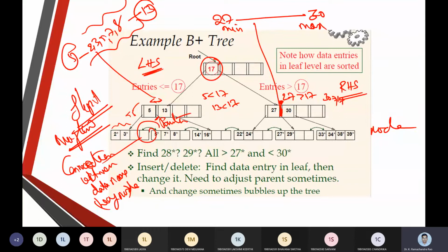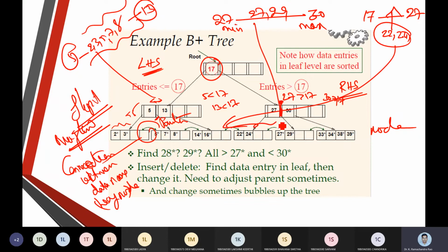So I can put these items between 27 and 29, and similarly I can put items between 17 and 27. So now I can put all the items that are in between these two items. That is what we are going to write.